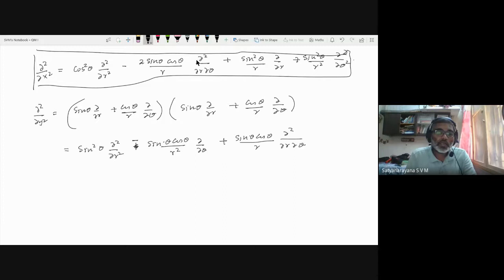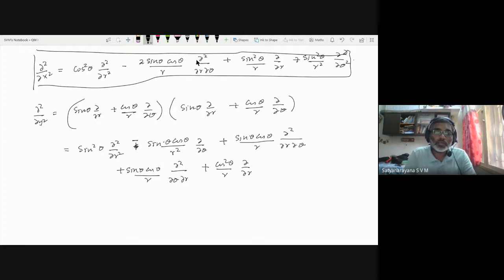Okay, so then we have plus sine theta cos theta by r into dou square dou theta dou r